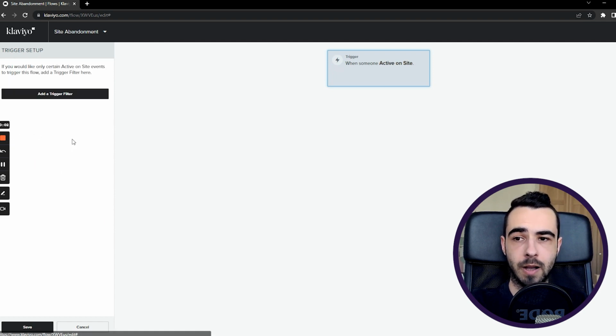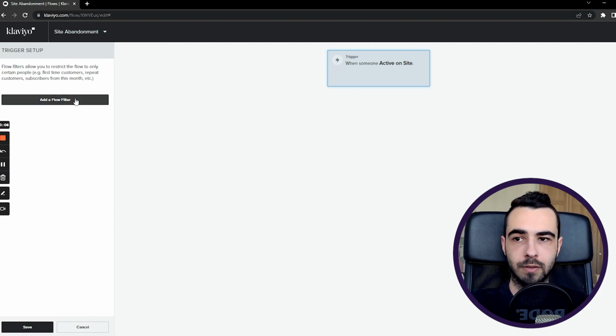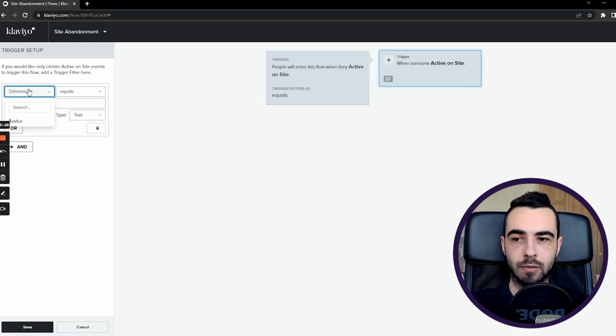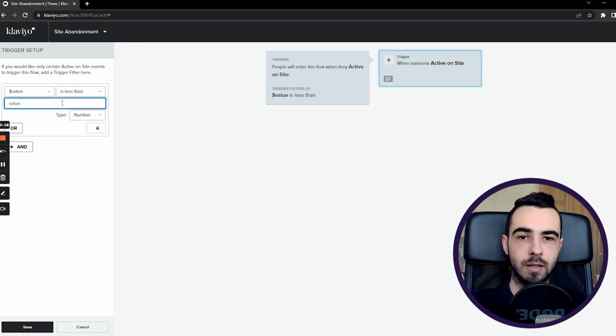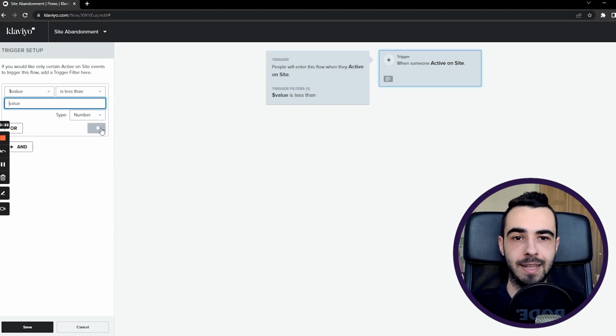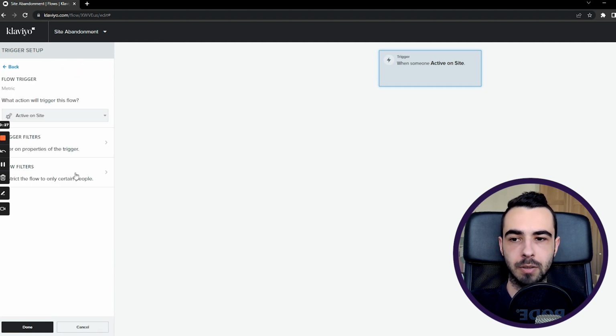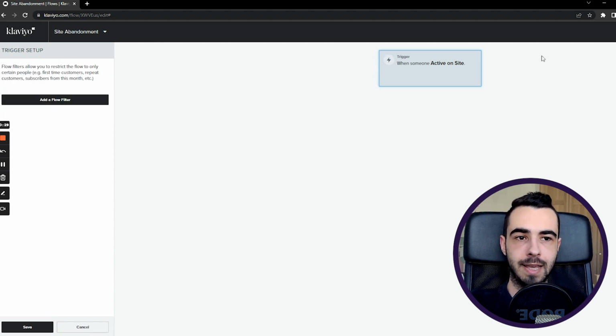So then you have trigger filters, so you can add this. Right now I'm gonna press save, and then you have flow filters. So what I like to do is add different flow filters. As you can see right now it's only value. So you could just do it for people who bought, who are actually viewing. So okay, in this case it doesn't make sense because people didn't buy yet. But with other flows you could play with trigger filters as well. But right now we're gonna use flow filters, and you want people who are active on site but didn't view